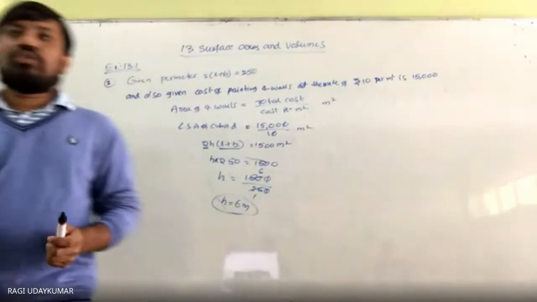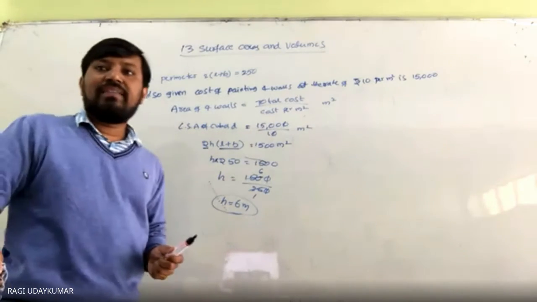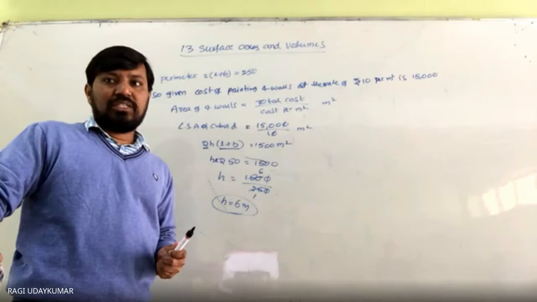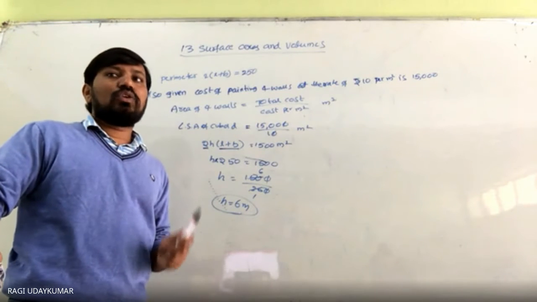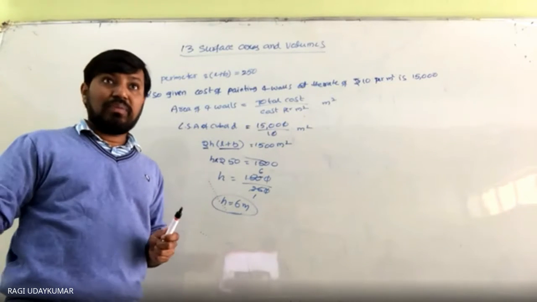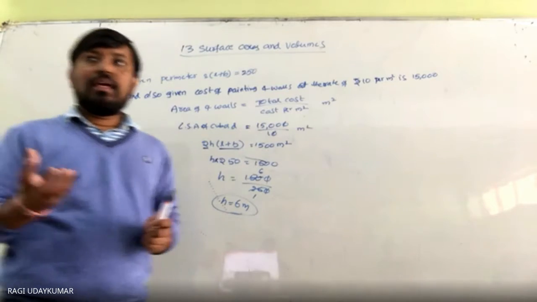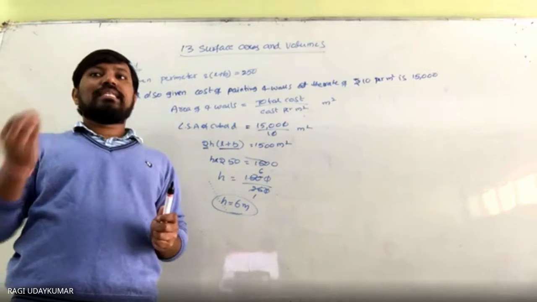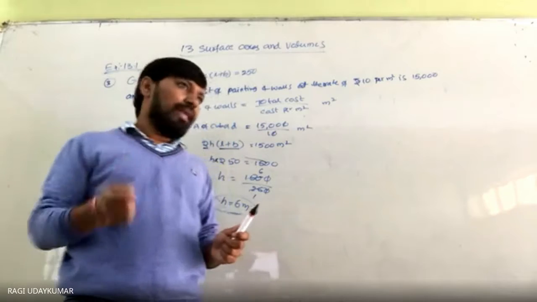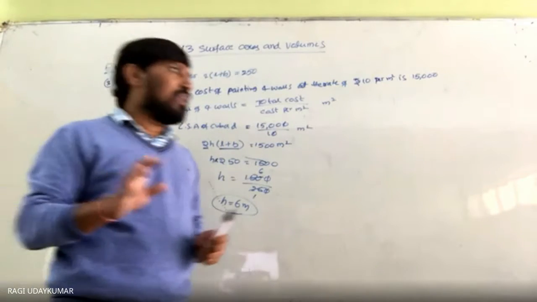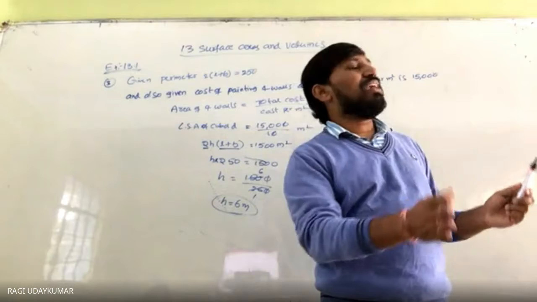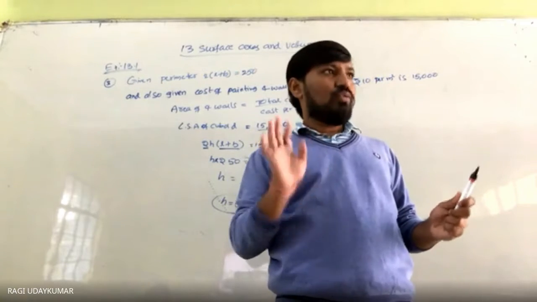Next, the fourth question is given that paint in a certain container is sufficient to paint an area of 9.375 meters square. How many bricks of the given dimensions can be painted out of this container? For one brick you have to find the total surface area, because the brick has to be painted. The total area that can be painted is 9.375 meters square. The bricks will not be arranged in one order with only one side painted, it is not like that. The brick has to be painted. That situation is given to you.